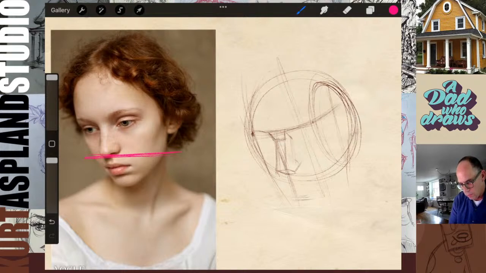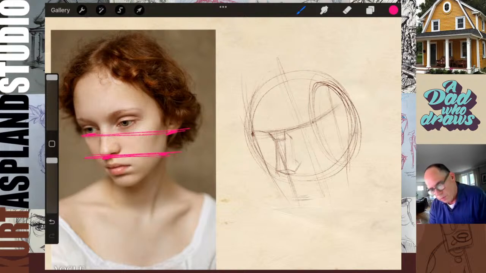I could also kind of get an idea where her bottom of her ear is going to be lining up with the bottom of her eye. Bottom of her nose is going to line up with the corner of her jaw. These are horizontal lines that I use to measure my proportion.